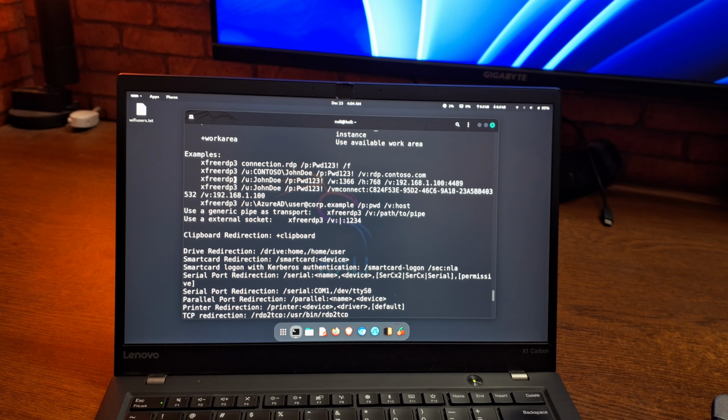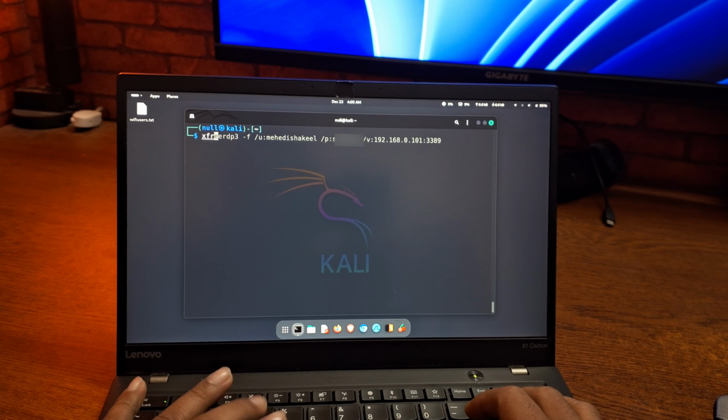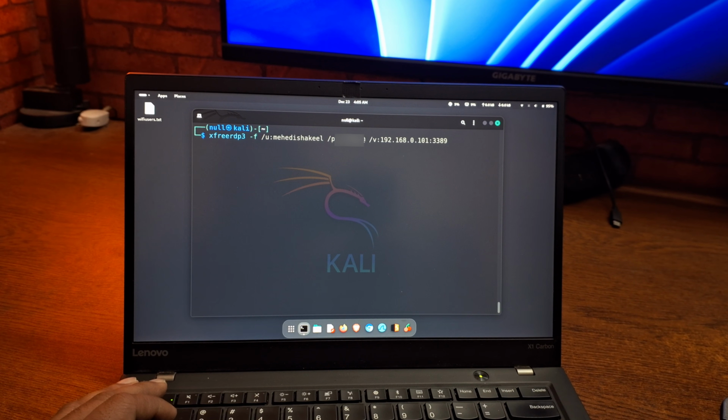You have to type XfreeRDP, then you have to specify the username, the password and the IP address. So let's use that XfreeRDP to get remote access. For that I'm going to clean up my terminal. Then I'm going to type here XfreeRDP3. Then you have to type this command. You have to specify -F for full screen. Then you have to specify the username, then the password, and then the IP address of your Windows computer with the port 3389. Then press enter